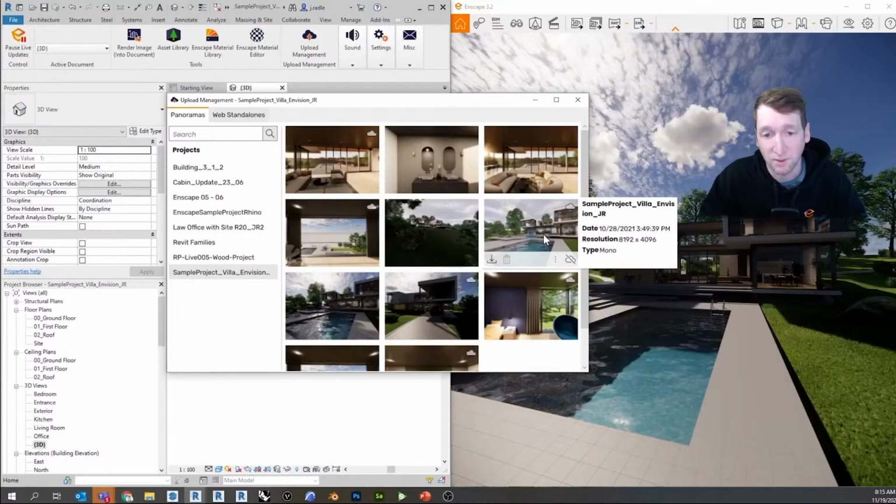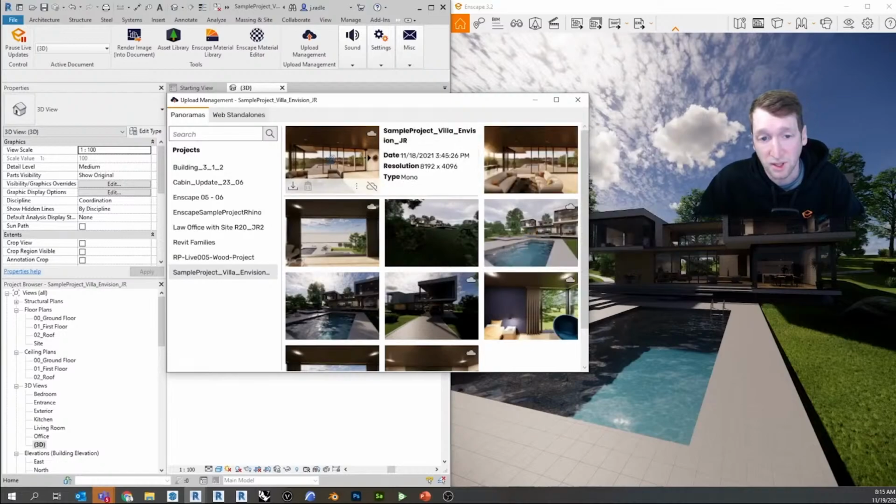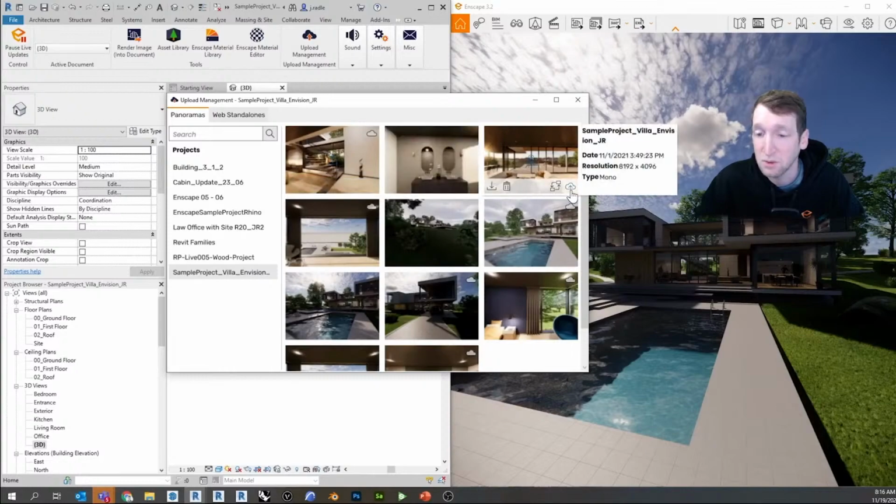The re-updating of the panoramas and the panorama tour. So this is another really, really big thing for us here. Once we create a panorama, we can see here it's still right here, and we can still upload that to our cloud if it's not updated. If it's not uploaded to our cloud here, we can just hit this blue arrow button right here, and this will upload this to our cloud storage system now. So that's how we upload that to our cloud.